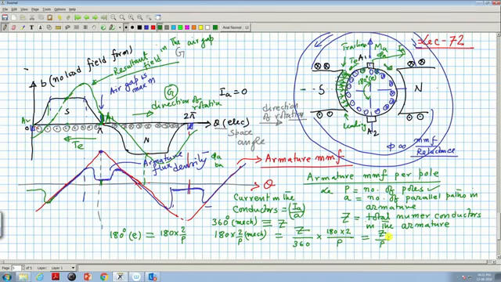Therefore, armature MMF will be, I am writing here, armature MMF will be equal to the current flowing through the conductor I A by A into Z by P. This will be the armature MMF, that is along this line. All these turns I have taken, and this is caused by two poles in this electrical representation. Therefore, armature MMF per pole